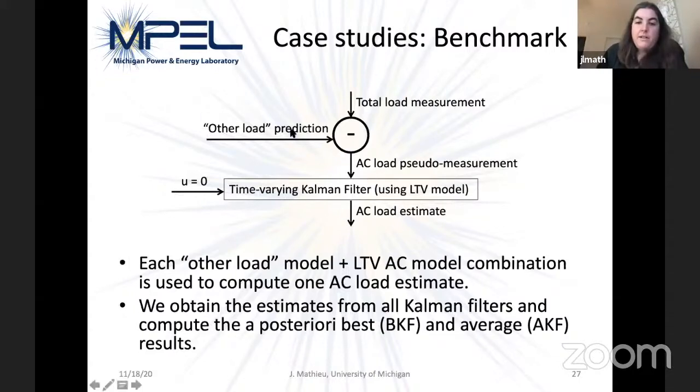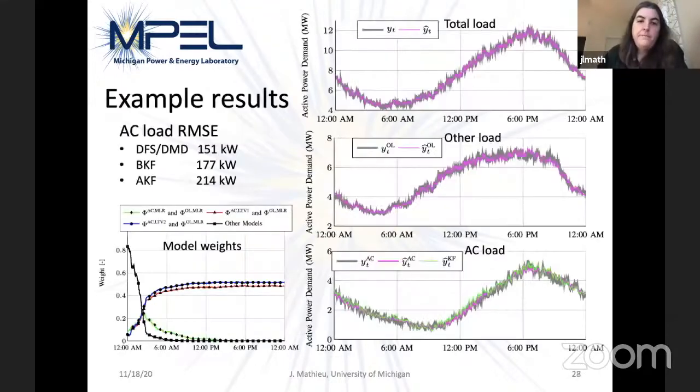But not all the models allow us to use a Kalman filter. We have to use an LTV or an LTI model for that. But using all the different combinations of the ones we're trying, we compute the predictions of the best Kalman filter and also do an average over the Kalman filters to understand performance. We wouldn't expect, and realize, that we would ever know which is the best Kalman filter to start with. So that's a benchmark that's very hard for us to achieve because it's the a posteriori best. We compute after the fact which one is the best, and we say this is the best we could have done with the Kalman filter. So benchmarking against the average is much more reasonable.